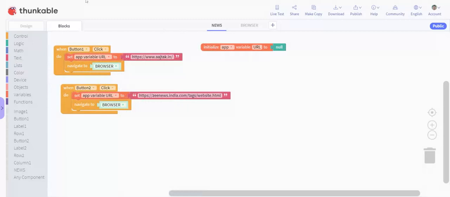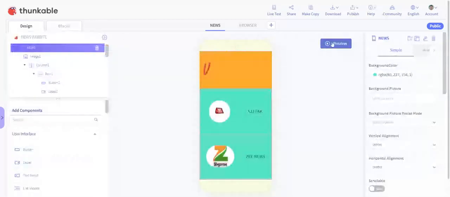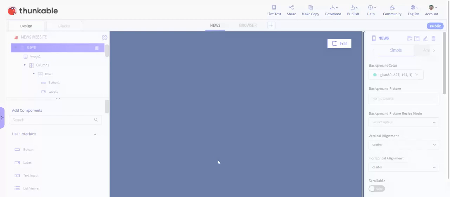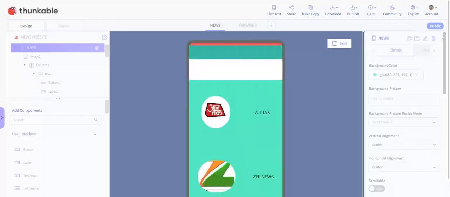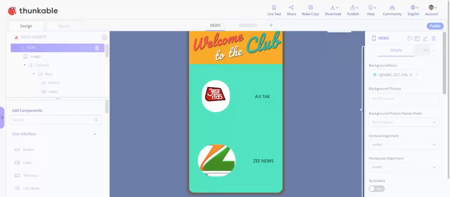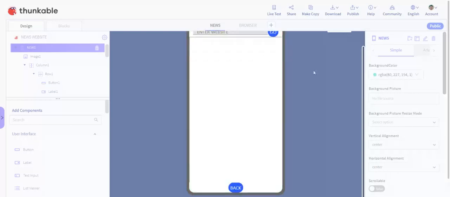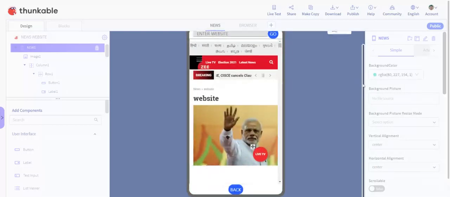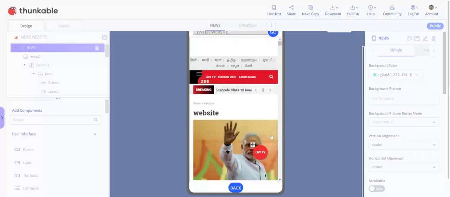When you click on it, these blocks will come and you have to open it. Then you have to navigate to the browser screen, because as you can see when I am previewing it and clicking, the browser screen appears.